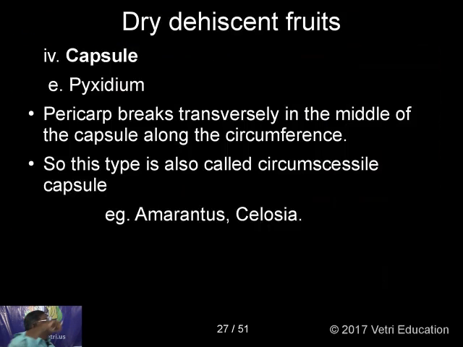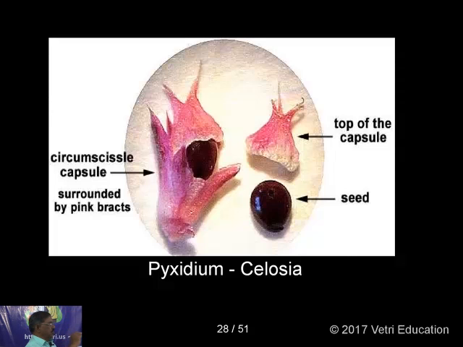The next is the pyxidium. It breaks transversely. So far we have only the vertical break, whereas here a transverse break takes place around the circumference. So it is also called circumscissile capsule. Example, amaranthus or celosia. So now you can see this is the fruit here, and it